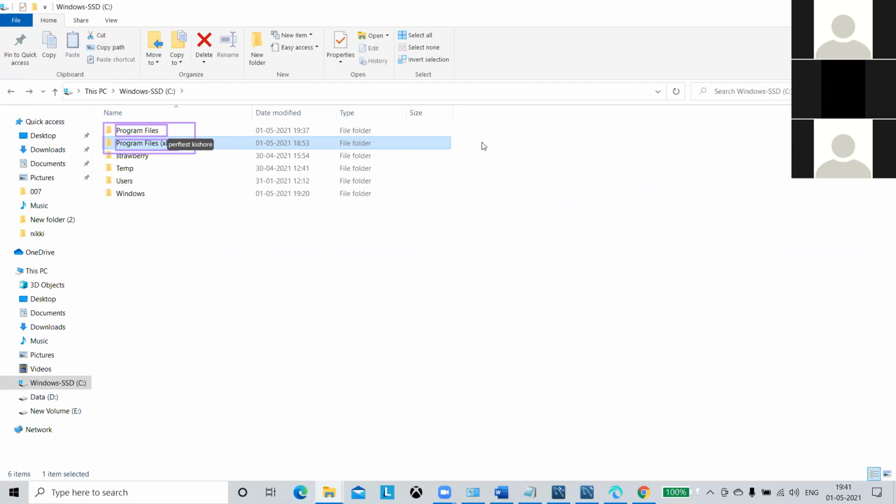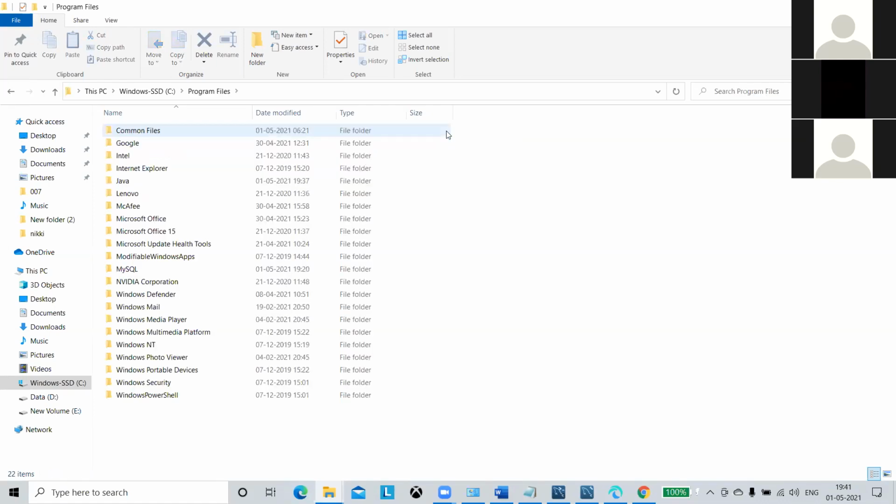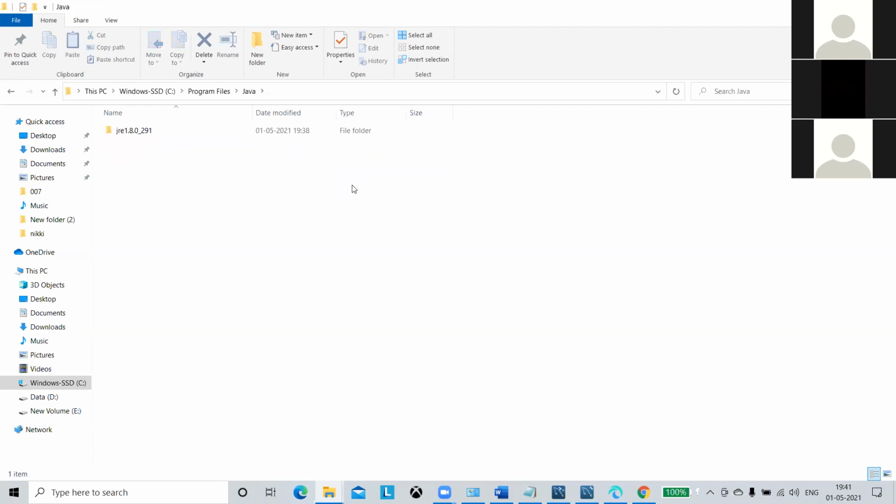That's the reason you have two folders, Program Files and Program Files (x86). Now as we installed a 64-bit Java, it would be in Program Files. Go to Program Files and you should see a folder called Java. Go to that Java folder, and here you see that JRE. So your Java is installed now in this folder: C, Program Files, Java, JRE.